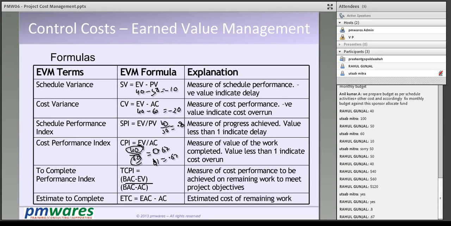What is this? This is your current run rate, and this is your TCPI. CPI is your current run rate, and TCPI is your asking run rate. Second inning is going on in a one-day match, and this is my current run rate, and this is my asking run rate. If I move with this rate, I will complete the project in budget.